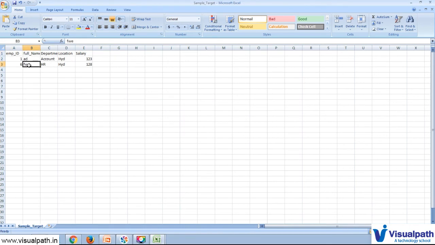So like this you can implement whatever simple logic, expressions or filters you can define here. But if you want to define more complex logic, like if you want to implement some aggregations, in that case you can go with the mapping designer. There you can utilize whatever transformations are available in the mapping, and then you can run it.